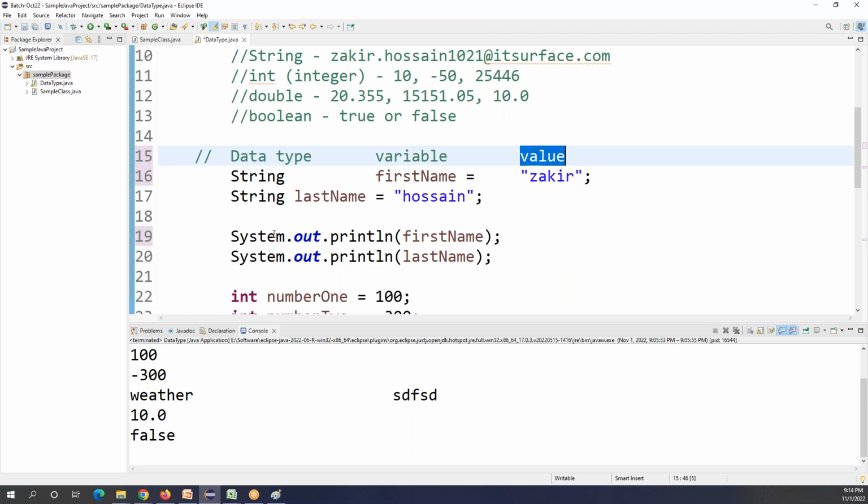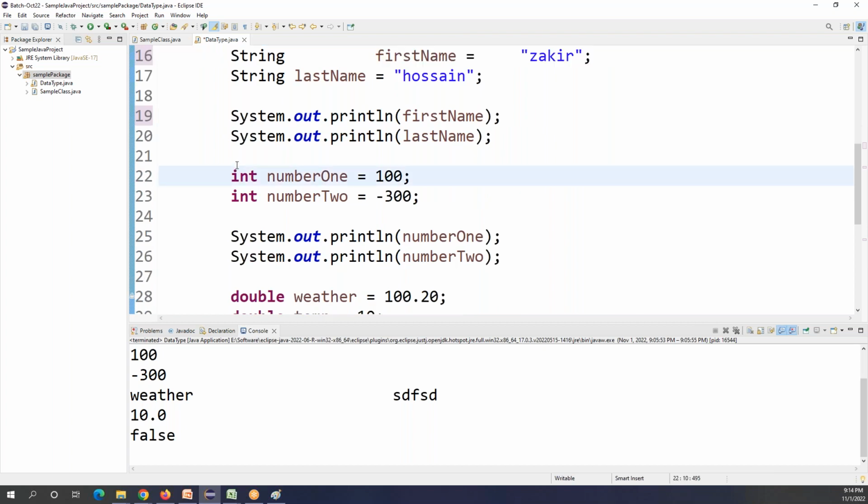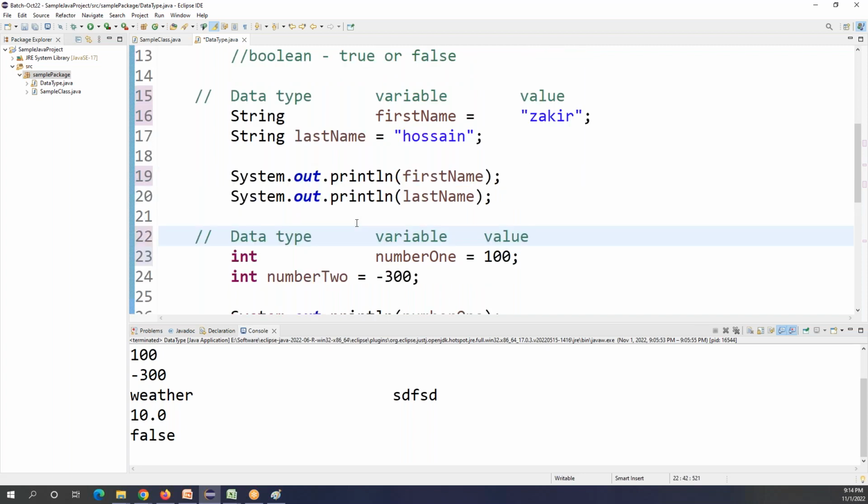Okay, so same thing for all of them. It's not only for string, it's for all of them, the same concept. It's a data type, it's a variable, and it's a value. Okay, so